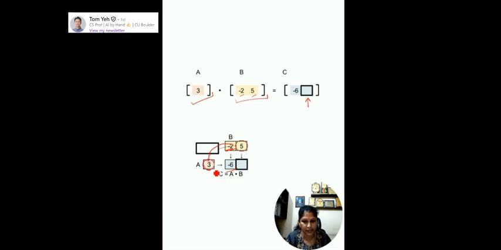And the same entry of vector A multiplied with the second entry of B, we get, oh sorry, it is 3, so it is 15. So 3 times 5, here we get the value 15.